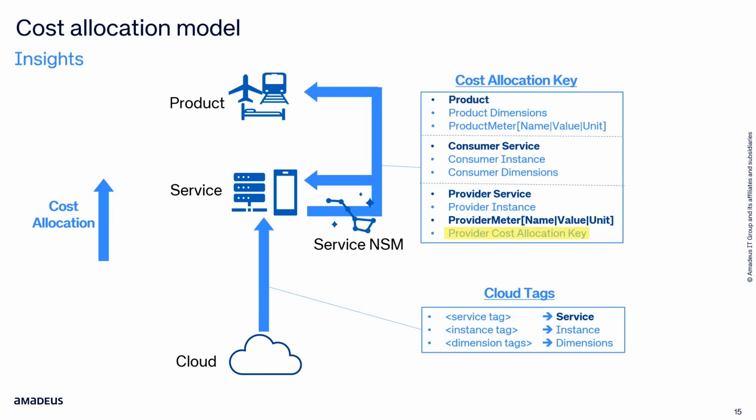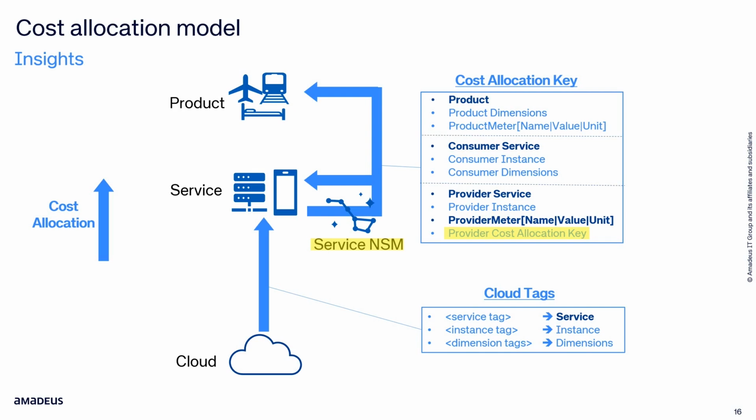To enable the cost allocation between services and from services to products, every service needs to provide so-called cost allocation keys. Cost allocation keys are used to split and to reallocate the cost from a provider service, on the one hand to consumer services, on the other hand to products and to their NSMs if the provider service is an application. A key point is that the cost allocation keys must reflect the NSM quantities provided to the consumers. In the basic and most common case where the provider service has a single NSM, the NSM quantity and the cost allocation key are the same.